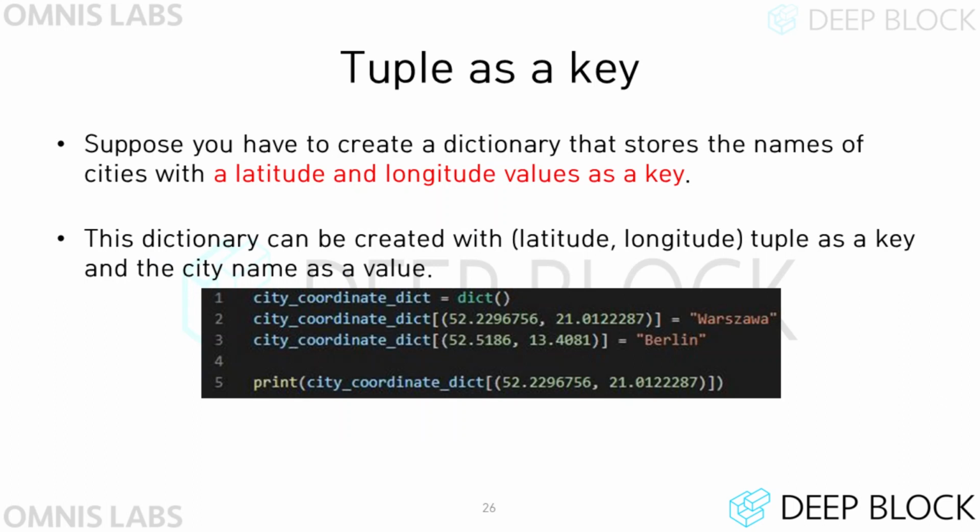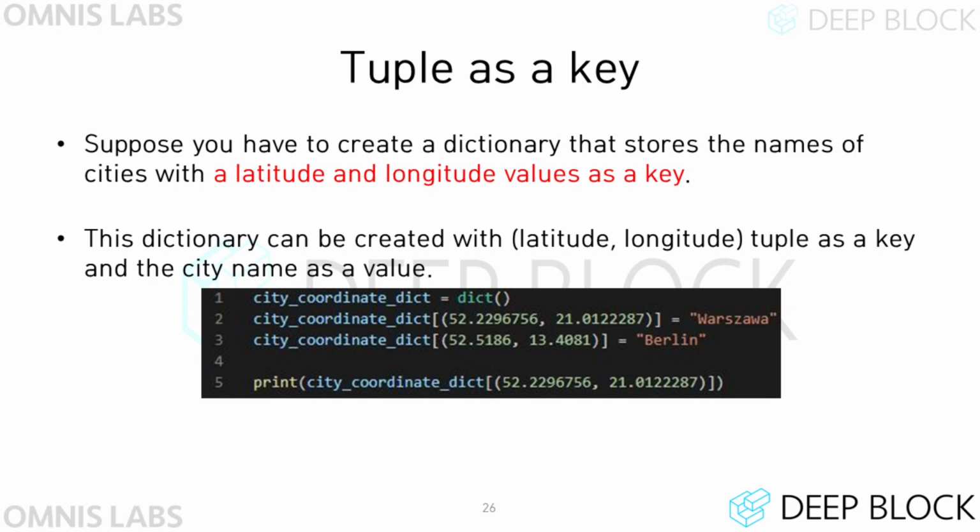As mentioned earlier, the keys of a dictionary must be of an immutable data type. Thus, a tuple can be a key in a dictionary, but a list cannot be a key in a dictionary. You may be wondering if there is a case where a tuple is used as a key. Let's say we create a dictionary with latitude and longitude values as keys and city names as values. In this case, we need to know both latitude and longitude values to know the city that exists at that location. We can set latitude-longitude tuple as a key in this situation.